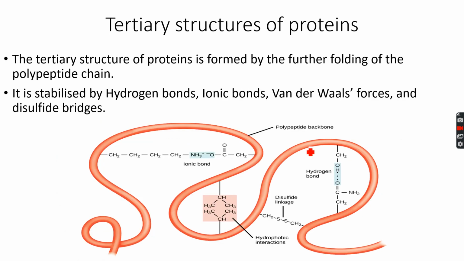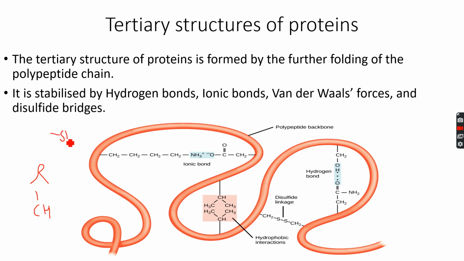Now, then comes the tertiary structure of proteins. The tertiary structure of proteins is basically further folding of the polypeptide chain, and what happens is that this orange part becomes the polypeptide backbone. It is composed of the secondary structure, which means it has many alpha helices and beta pleated sheets, and then within the polypeptide backbone we can have several different bonds because of the R group. The R group, which is on the amino acids, can result in several different bonds, because sometimes this R group can have